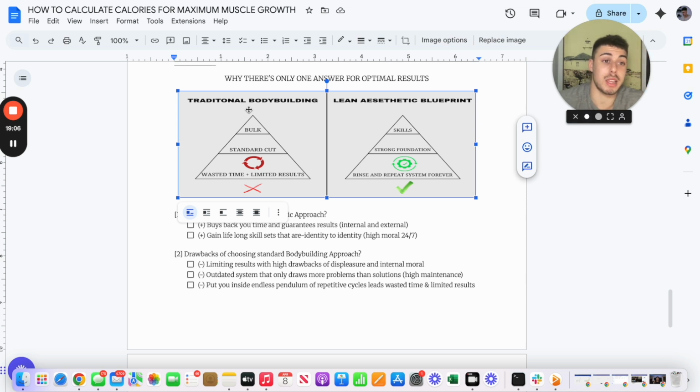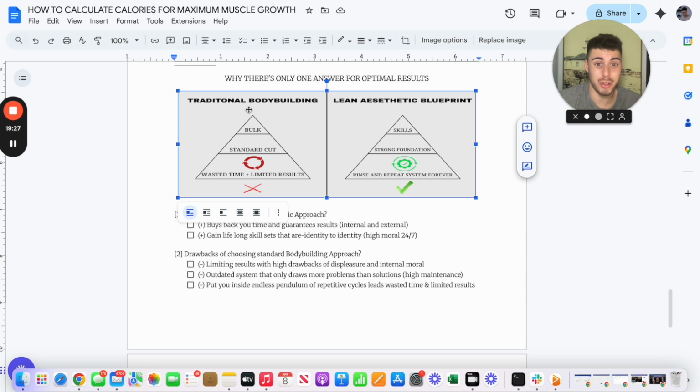But let's look like shit in the meantime and let's not learn how to do it. Just eat whatever we want. I mean, why would you ever do this? The only reason you want to do this is because you want to have an ego and be like, I weigh 250, but I still look like shit. Again, I'd rather you take a quality over quantity approach, not quantity over quality, and do it the right way